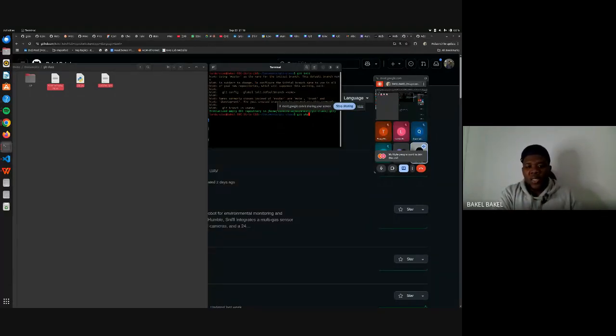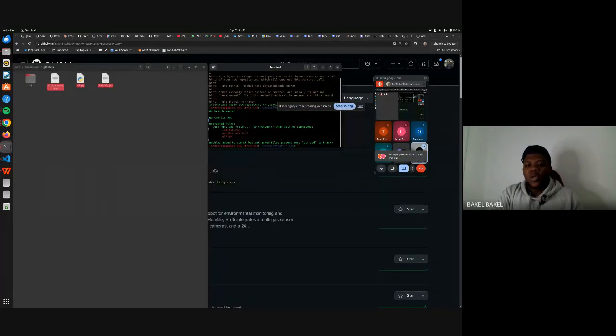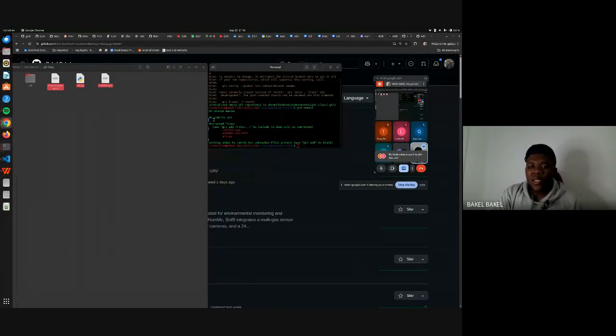Before that, let me show you the status of our repo. The status says no commits yet. Untracked files. Untracked means these files are not in your local repo. So whenever we